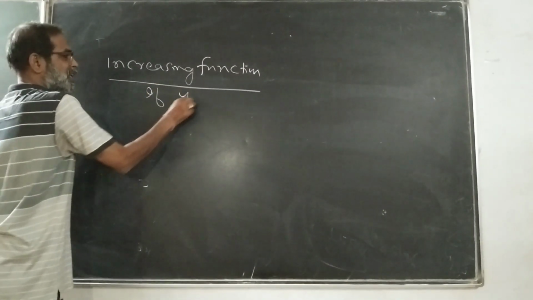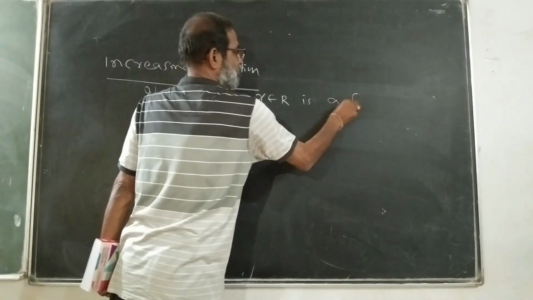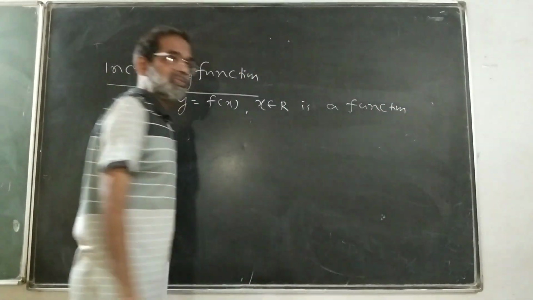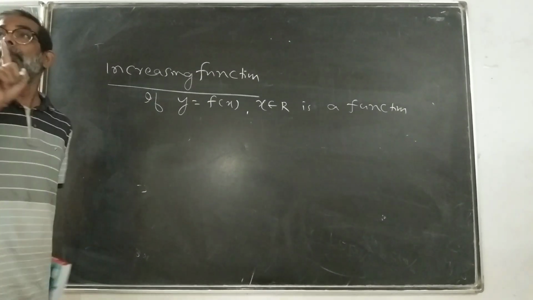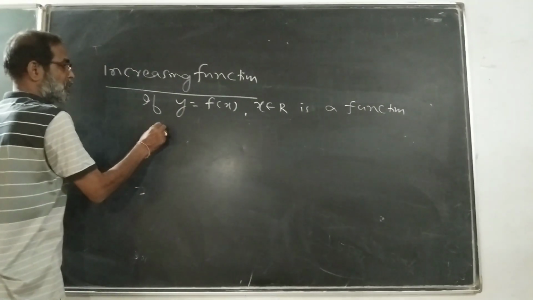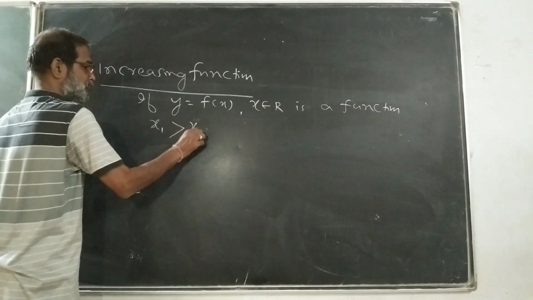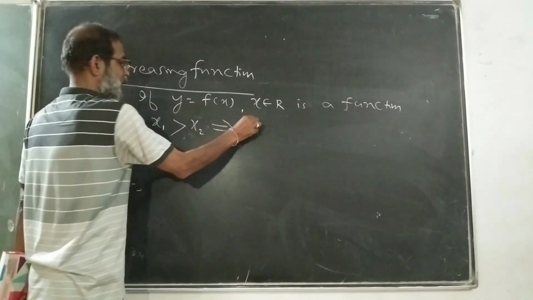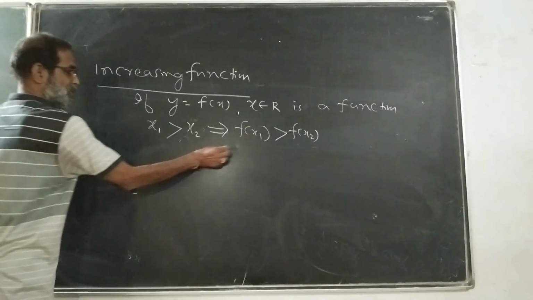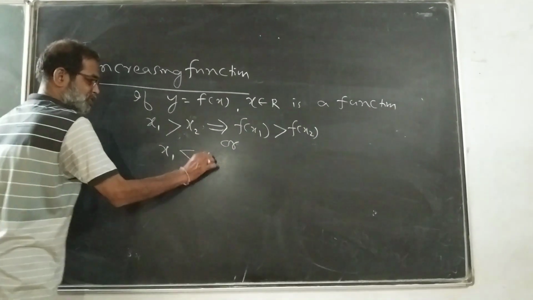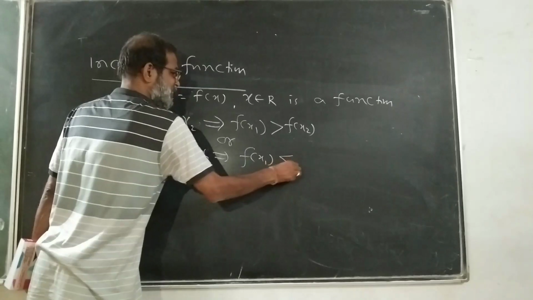If y equals f(x), x belongs to R, is a function, or curve, or a straight line, whatever may be the case, if that is a function, then x1 greater than x2 implies f of x1 greater than f of x2, or x1 less than x2 implies f of x1 less than f of x2,